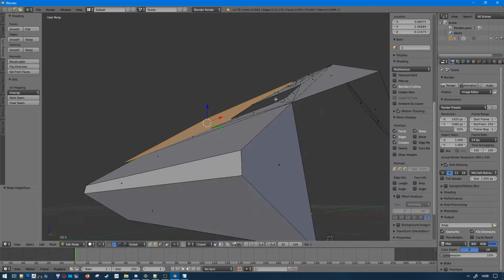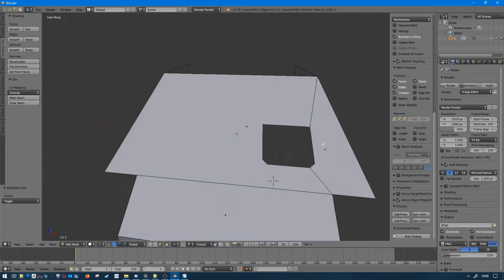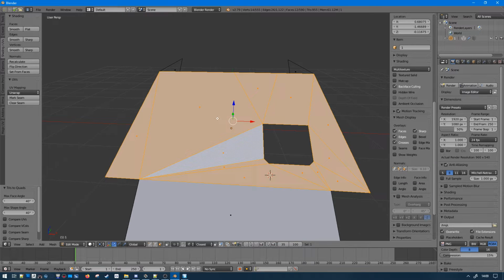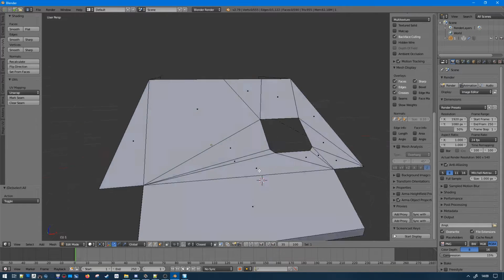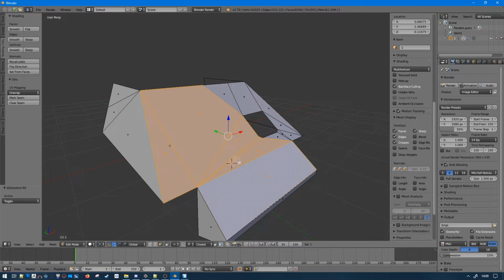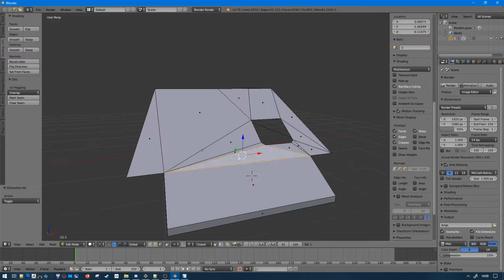But I'm flattening it with F, F, F, and this part F, and then untriangulate with Alt J, and I come up with something like that. Okay, that gives me my plates, my component shape.